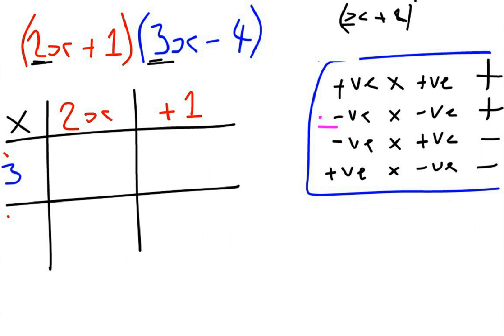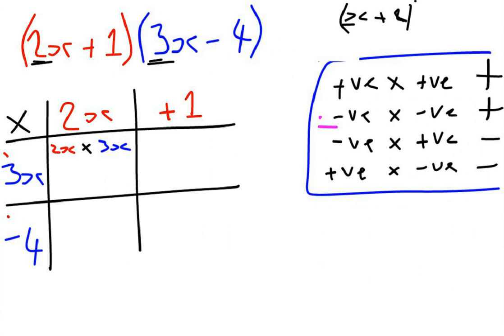And then in this box here we've got 3x and we are taking away 4. Remember, can't stress enough, make sure you include the sign. Okay, so in the top left box we are going to do 2x and we are multiplying that by 3x,